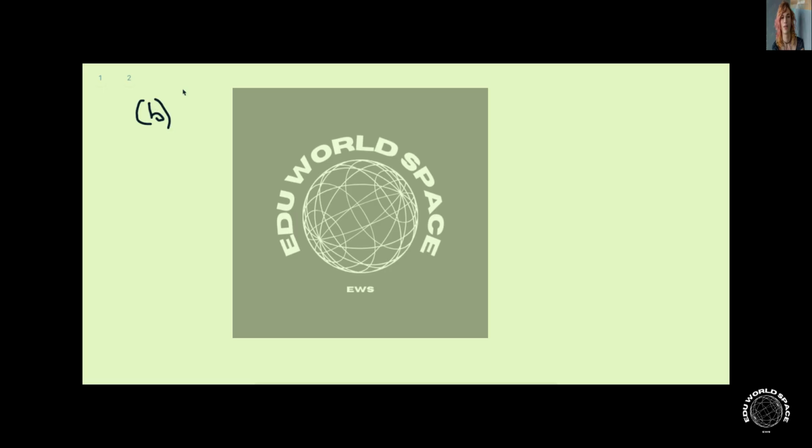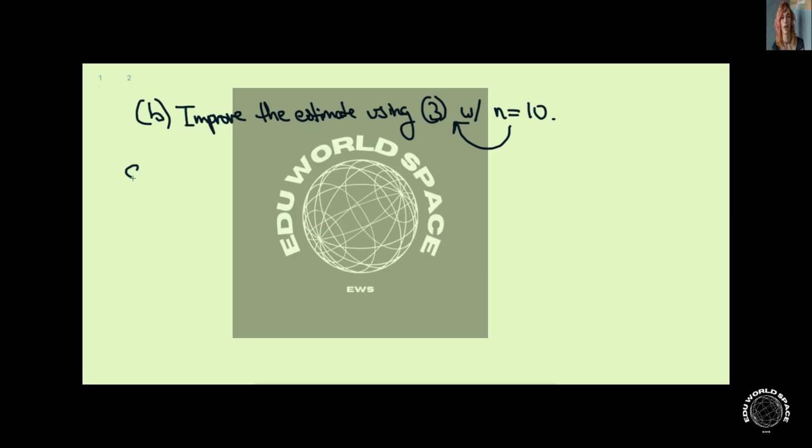Now for part B, this is where we'll actually go ahead and improve the estimate from part A using inequalities 3 and plugging in n equals 10 into 3. So let's go ahead and solve this. So first, let's recall from part A what we found. We found that S10 was about